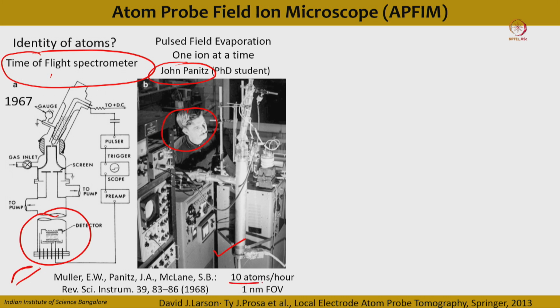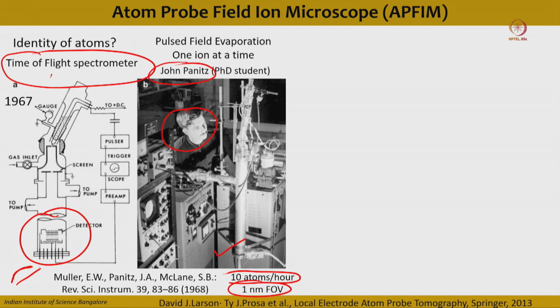So in an hour only 10 atoms were detected, correct? And also a 1 nanometer field of view. It means the region which is under field evaporation. Okay, so the field of view was very small, and the time taken to record an individual atom was around 10 atoms per hour. So this was the major issue with the